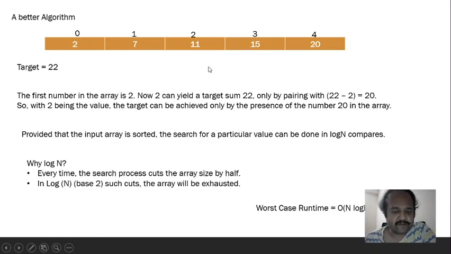So that's the reason searching for every complement element takes log n. If there are n elements in the array, it takes n log n in total. So that's the worst case complexity of the better approach, which was quadratic in the brute force way, and we turned it into linearithmic: order of n log n.